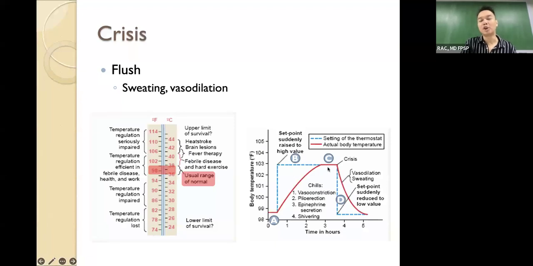For C, you only have fever, because body temperature has already matched the set point. Now, as the illness progresses, this portion, D, is the crisis. So what happens is that the set point goes back to normal, but you still have increased body temperature. So during this portion, you will sweat a lot, you have vasodilation, so you're now in the crisis phase. This happens during the convalescent period.